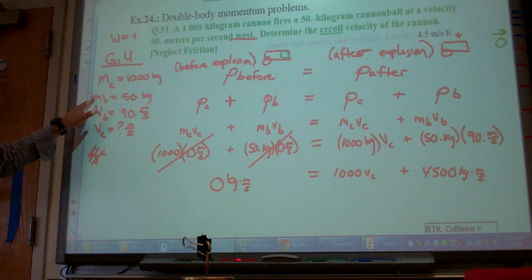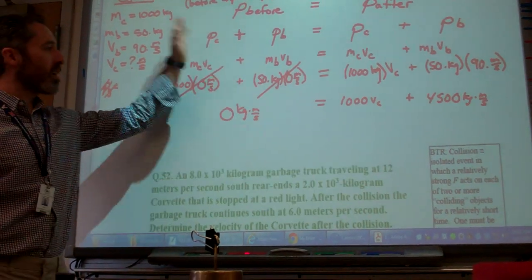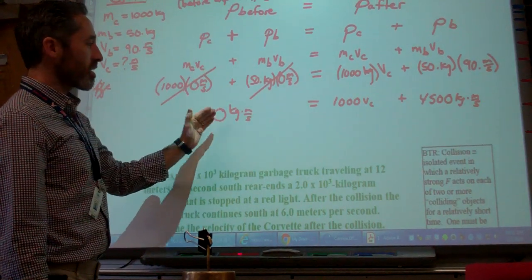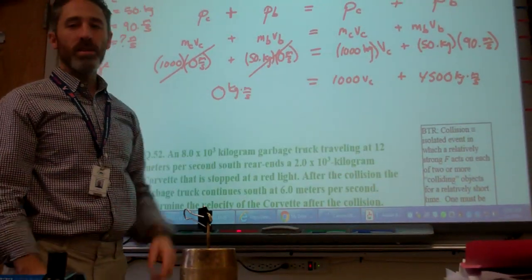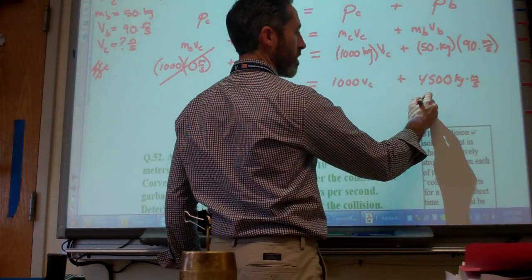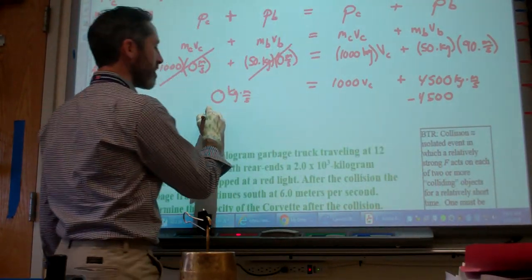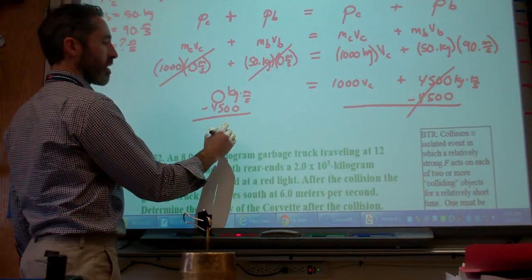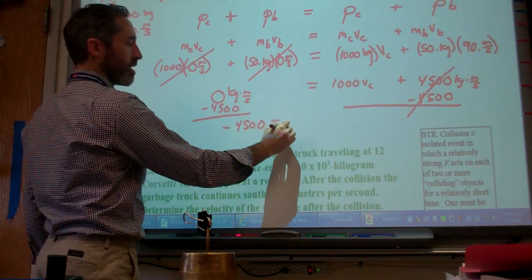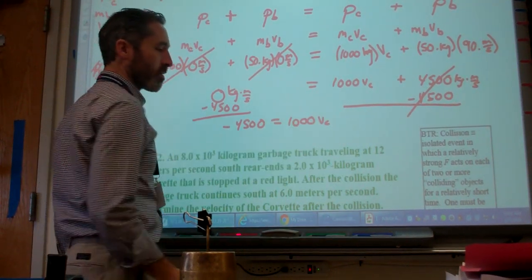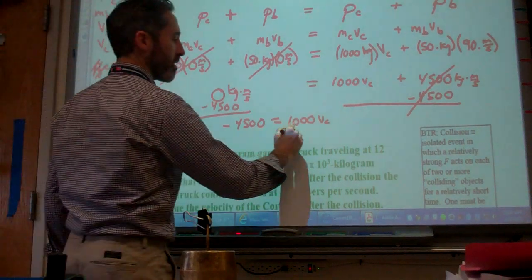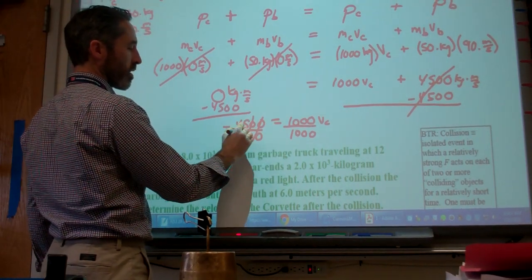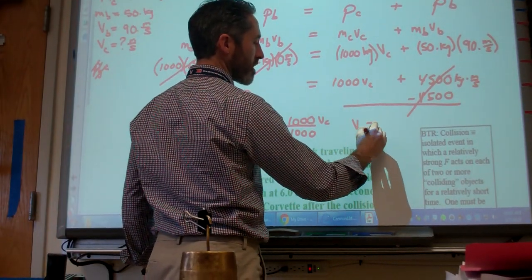Now, people mess up this algebra step all the time. They're like, oh, it's nothing here, so I'll just ignore this whole left side, and that's not an equation. You need the 0 on this side for this to be an equation. You got to solve for VC. So of course your next move, take 4,500 from both sides. That goes away. And you're left with negative 4,500 equals 1,000 VC. Your final move? There it is. Your final velocity of the cannon is